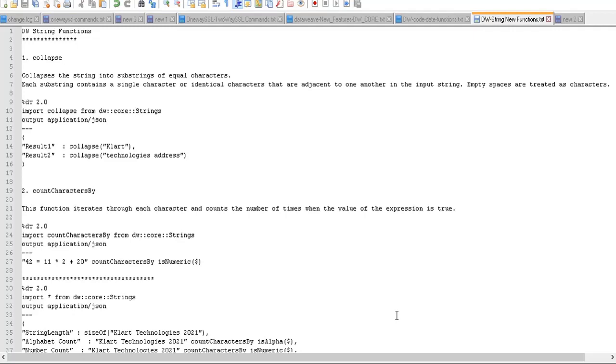In our previous versions we were literally searching for these kinds of functions, and we had to write some custom script or custom Java code for them. But now it is very easy to use these string functions, which will help you reach your target in your project. So let's discuss them one by one.